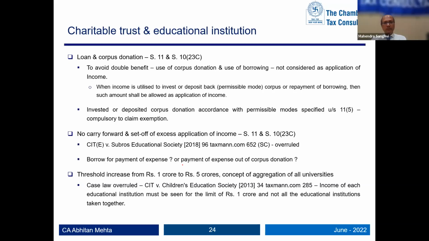If I've spent more in a year, obviously next year whatever income I get first would be towards those expenses. But if I don't get a set off, it creates a mismatch. So one doesn't really understand what they are losing if they give carry forward and set off of losses. But they are restricting it, the problem may reduce. We'll see it in the next slide.